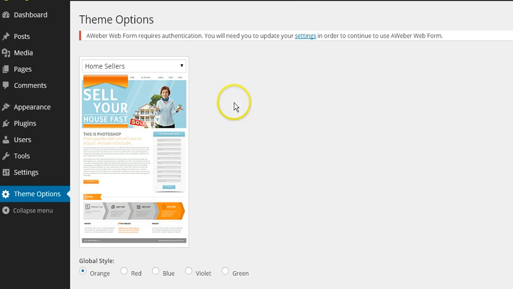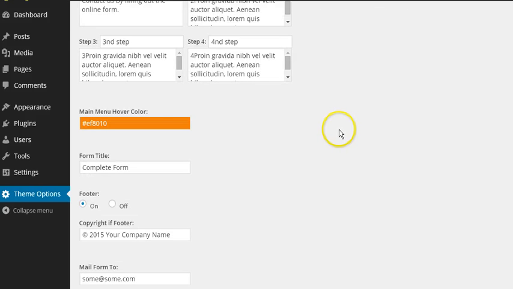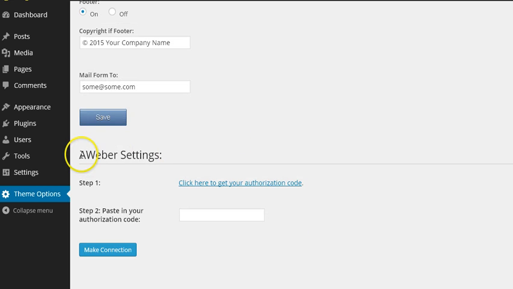And one other thing that I wanted to show you, which is really a great feature, is if you're building a cash buyers list, or any list for that matter, what you can do is we integrated this with Aweber. Aweber is an autoresponder company, if you're not familiar, and we are going to be integrating in the future with MailChimp and iContact as well. But for now, we only support Aweber, which means you would have to have an Aweber account in order for this to work. And then what you can do is you can click here, get an authorization code by logging into your Aweber account, and then you paste it into here,